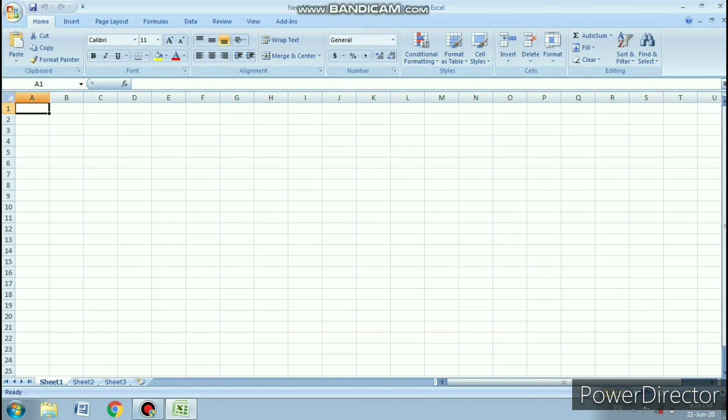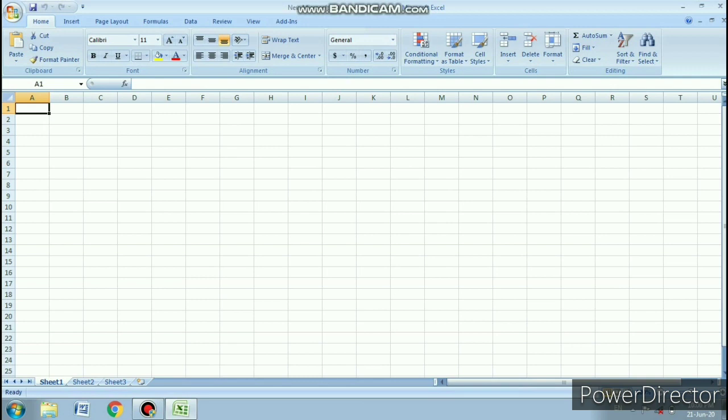Now I want to tell you first of all about the cell. So what is a cell? You can see here alphabets in horizontal order, and numbers 1 2 3 4 in a vertical order.